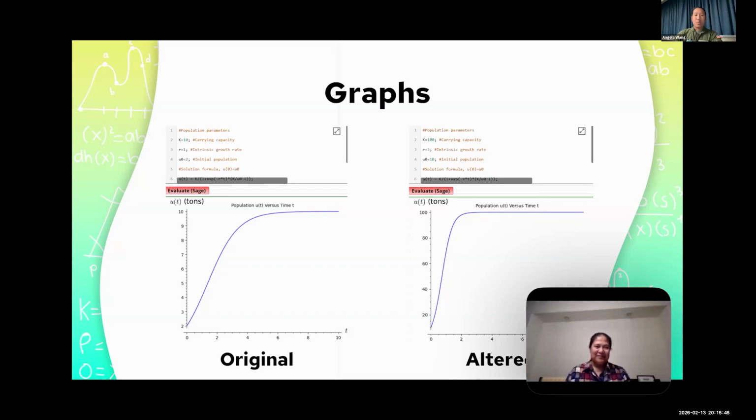On the left we have the original code from the book, and on the right I just altered a couple of numbers.